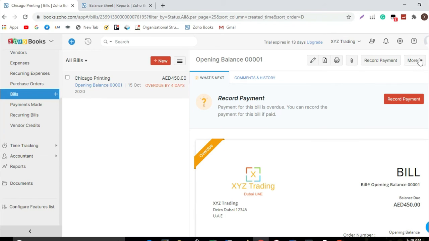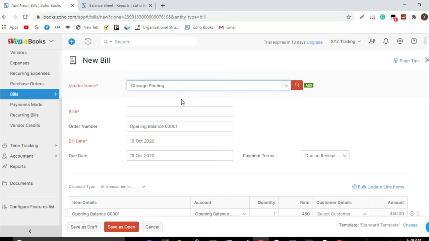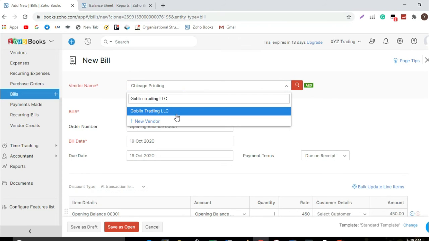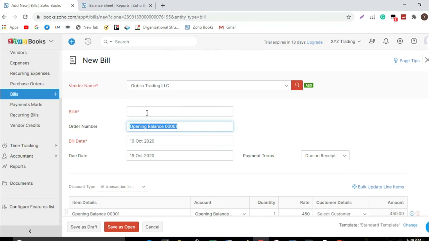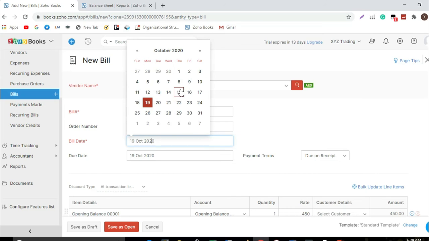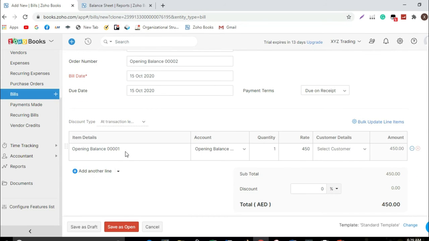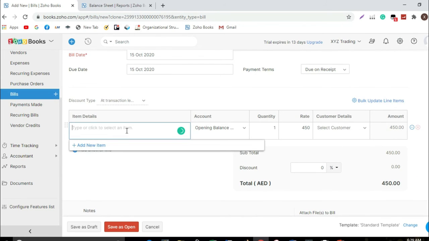So if you notice, I keep choosing clone. Clone means you duplicate the document, so you can edit the file and save it as a new bill or new document.